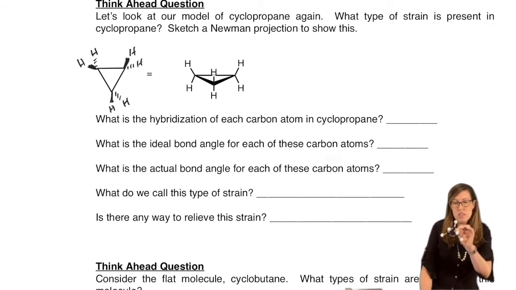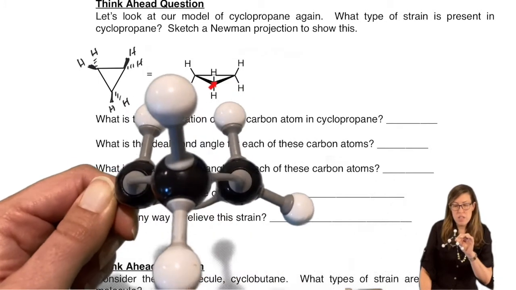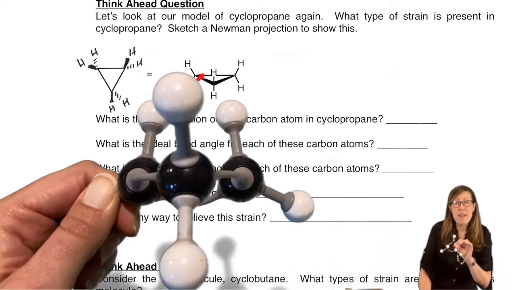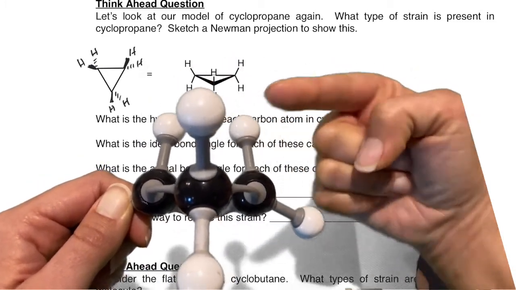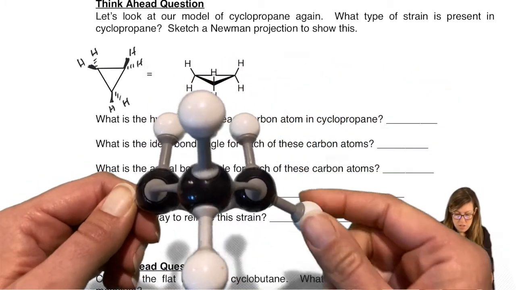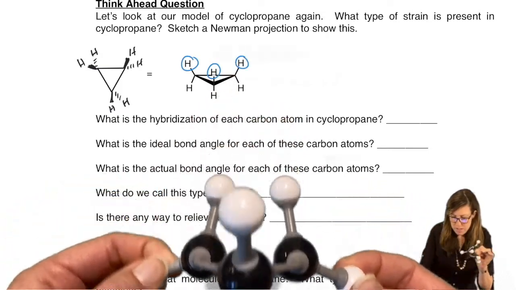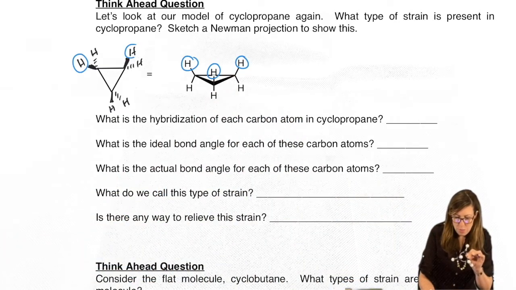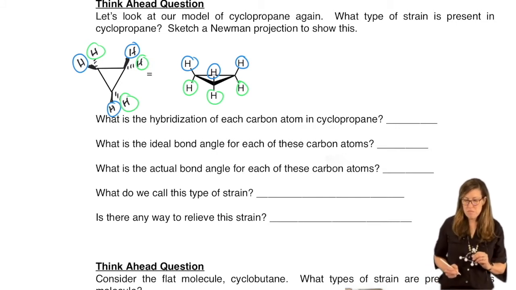Look at your model. Look at only one vertex of the triangle. Let it come toward you. You'll notice that in the plane defined by those 3 carbons, 3 H's are above the plane, 3 H's are below the plane, right? So let's match those with colors. Let's let blue, in this case, just be above. So that would correspond to all the wedges that we had in the previous drawing. Let's let green be below. That would correspond to all the dashes we had in the previous drawing, right?